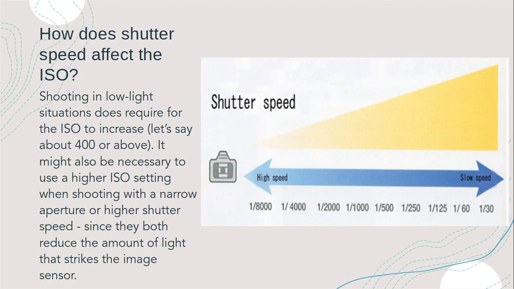So basically with the shutter speed, less light is let in if you have a higher one. Then if you have a slow one, you have more of a chance to get more light in. And it makes the image more